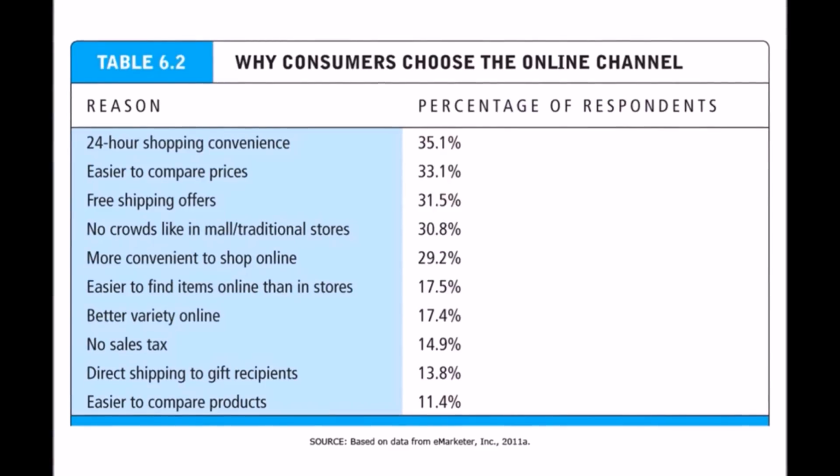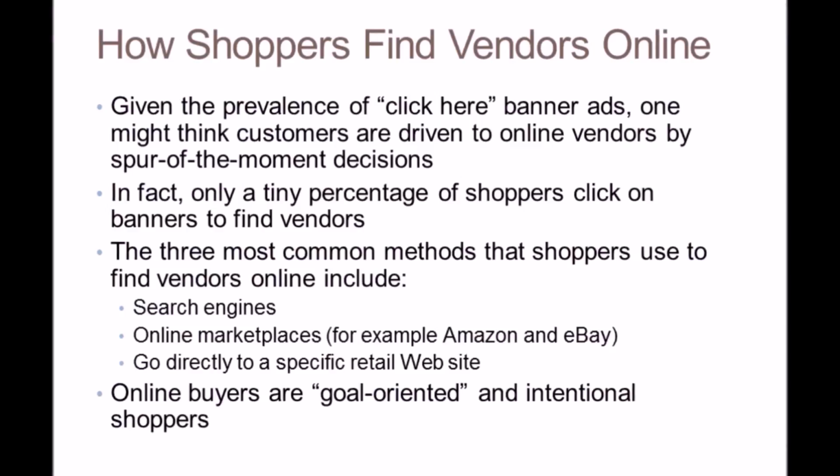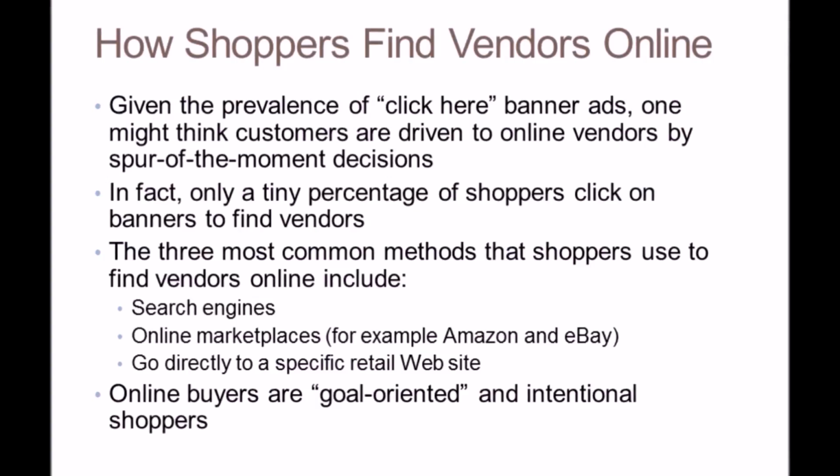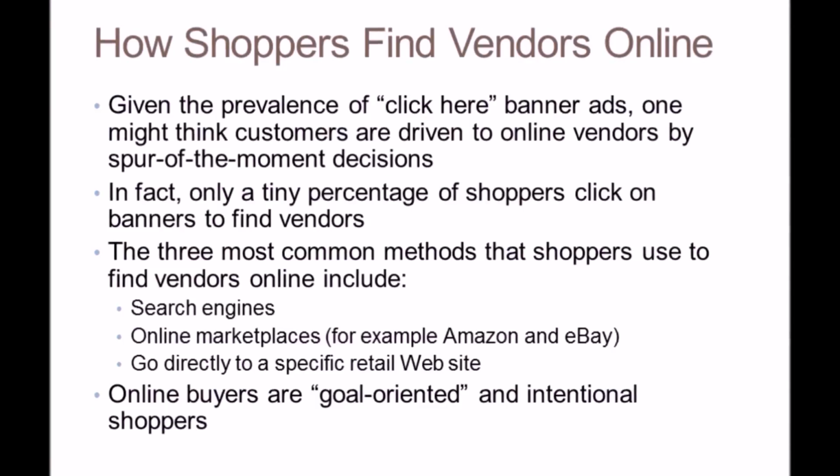How do shoppers find these vendors? How do consumers find the right ones with the right discounts and bargains? Given the prevalence of click-here banner ads, there are a lot of banner ads. So one might think that consumers are driven to online vendors by spur-of-the-moment decisions. However, only a tiny percentage of shoppers click on banners to find vendors on spur-of-the-moment decisions. The three most common methods are